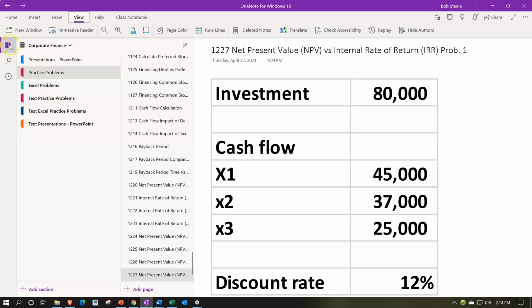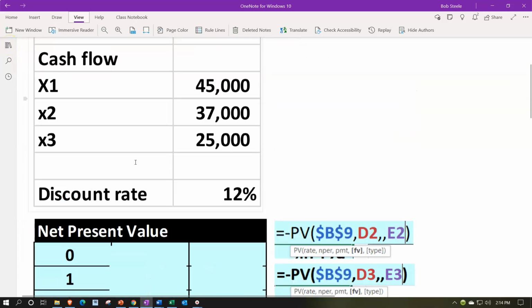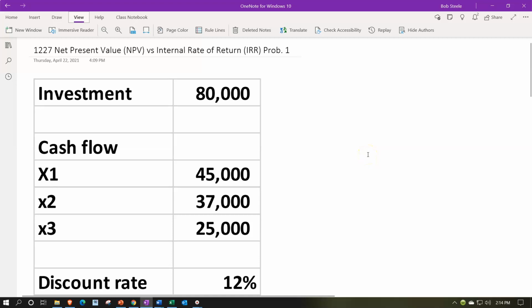Closing out our icon, we have our information up top. We're going to go through the calculations for them on down below. Similar to a scenario we have seen in the past, we have the initial investment, in this case the $80,000. You could think of that initial investment as something like putting money down on equipment, on a project, or on inventory, something that's going to result in long-term returns into the future for